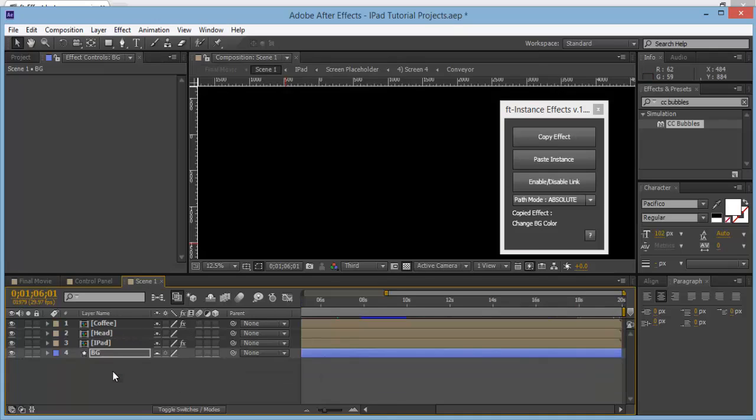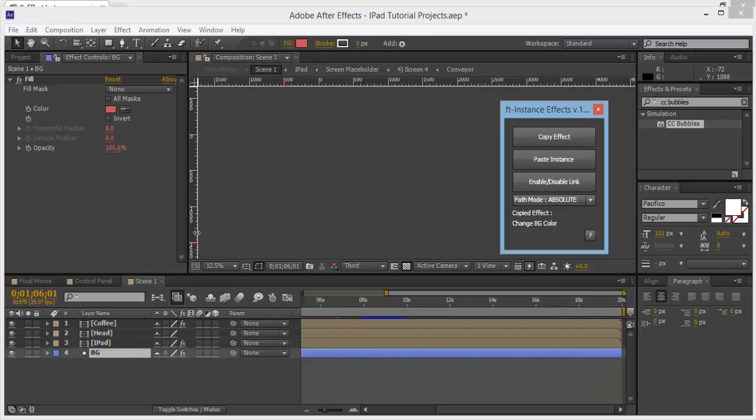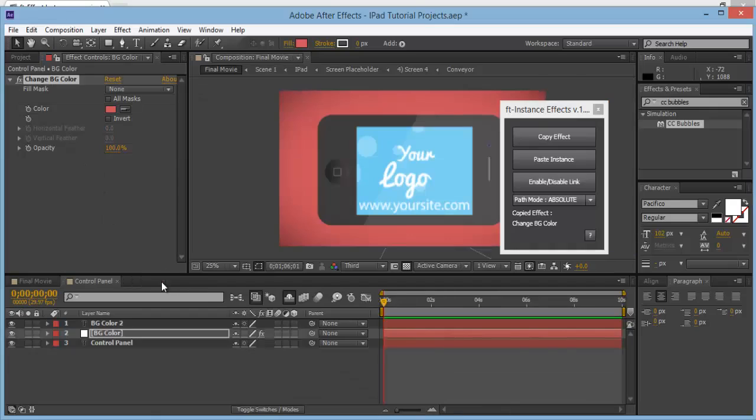So let's go into Scene 1. We've got the background here. We need to click on Background and click Paste Instance, and it's going to paste it in there. Now go to